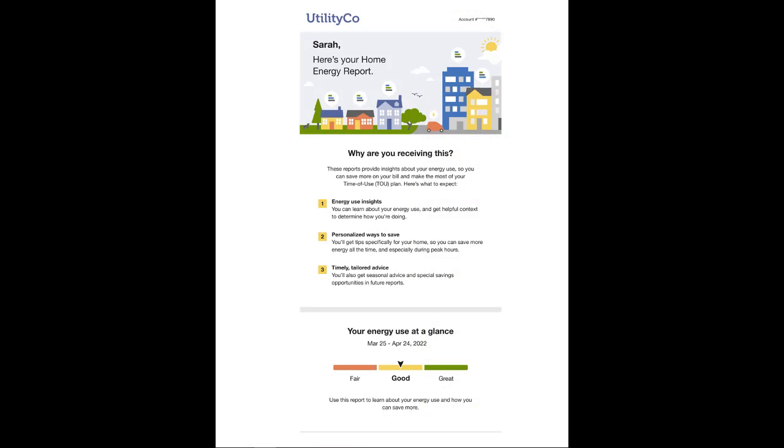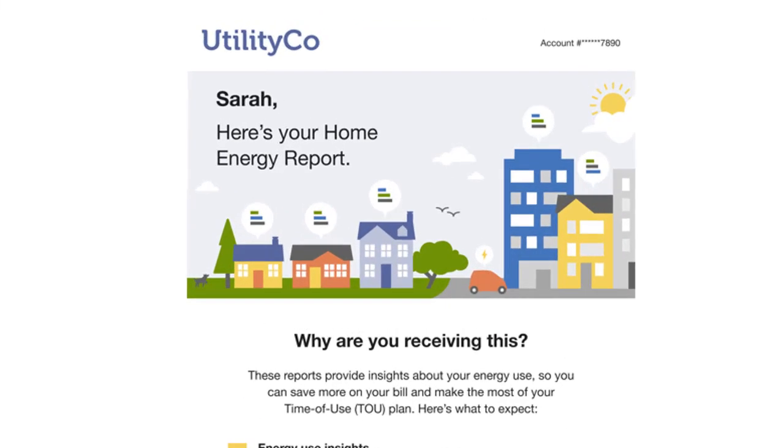Here we have the time of use welcome report for email. The first module in this report is actually the subject line, which is not shown here. For both the welcome and the progress reports, it is a static subject line that is energy efficiency focused. The second module is the header, seen here, which includes the utility logo, account number, and a colorful introduction to